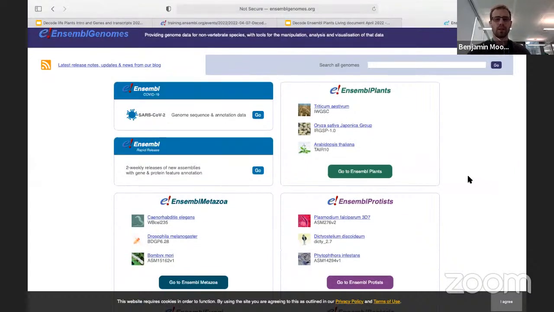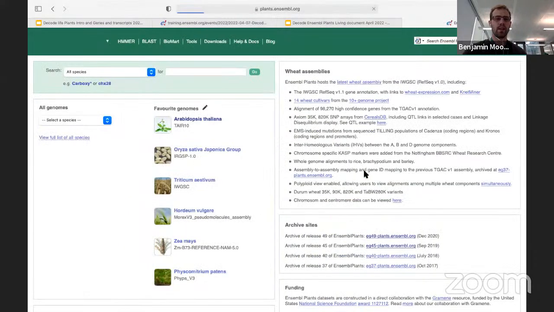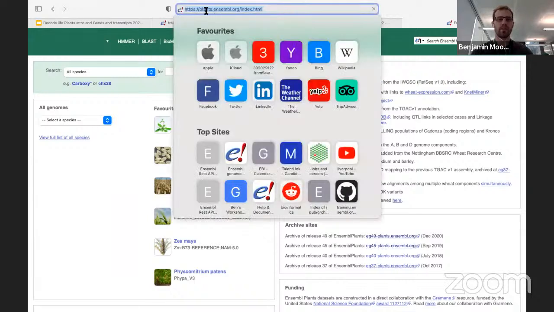For our demonstration today, we're interested in Ensembl Plants. So we can click on the link here, and it will take us to the Ensembl Plants genome browser. What you can see in the address bar is that we've navigated straight to plants.ensembl.org, the web address of the Plants genome browser. If you want to come directly here, you can just type that address straight into your browser. And I'm going to put that